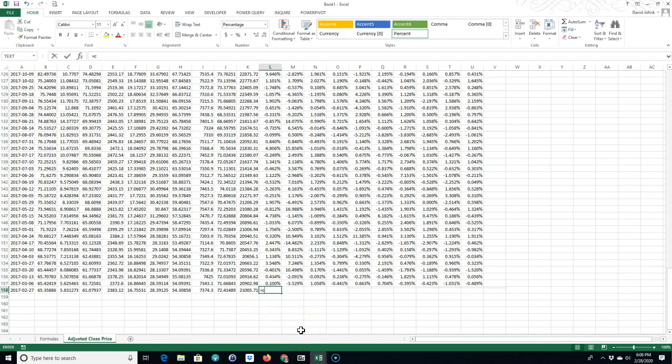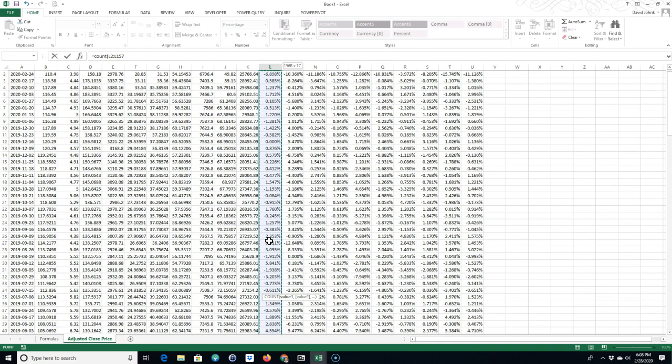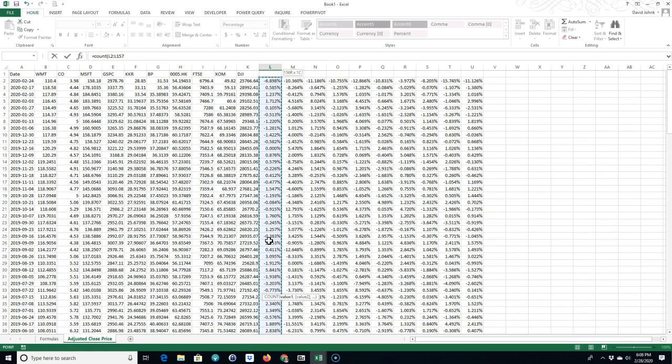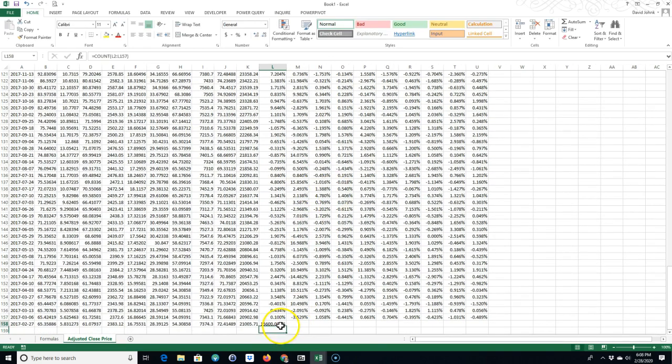So I'll go equals count, and then I'll highlight up. A quick way to highlight to the top and not have to drag, I can hold down the Shift key, and then tap the End key once, and then tap the up arrow once. And you'll see that it got all the way. I just hit Enter. I don't want that percent, I want a number, so I'm going to click on this. There's 156 observations,